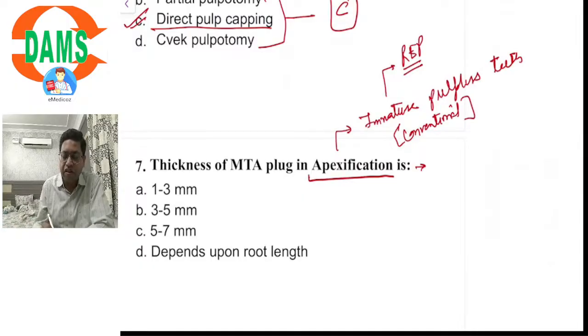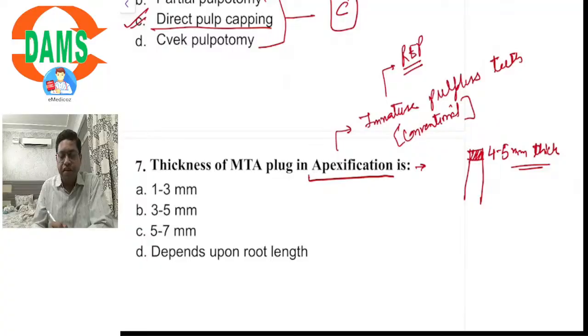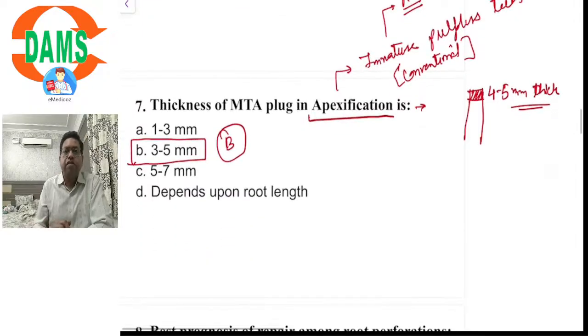Here it is asking about the thickness of MTA plug. So we make an apical MTA plug that is 4 to 5 millimeter thick. This is the usual thing that we make. So if we look at the range 4 to 5 millimeter, the best possible answer would be option B. What is the thickness of apical MTA plug? It is in the range of 4 to 5